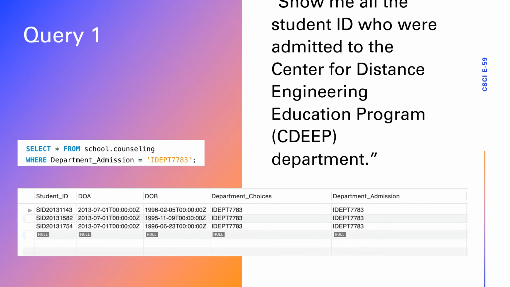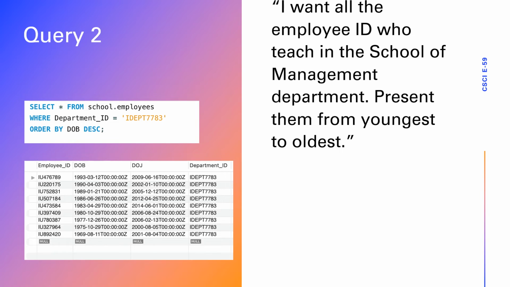done. The second query, someone comes to Morgan and asks her to display all of the employee ID in the school of management department, ordering them from youngest to oldest. This step is the same as the previous query, but just adding an order by and descent order will get